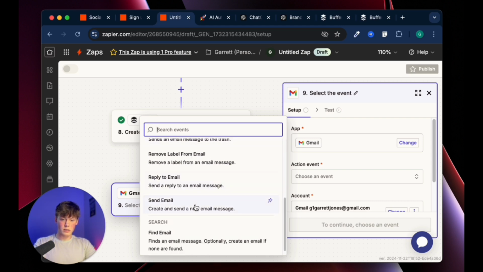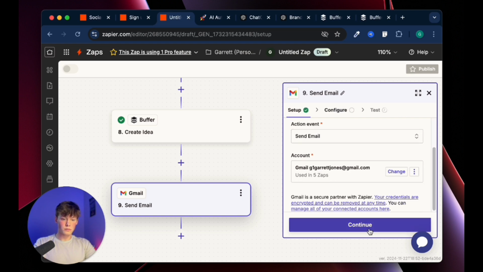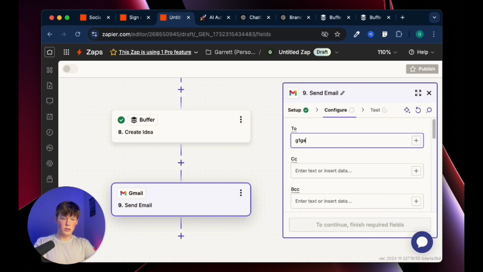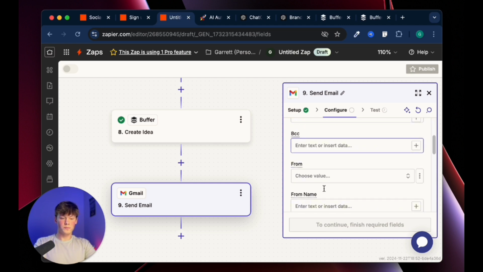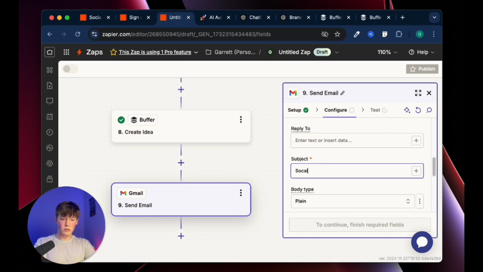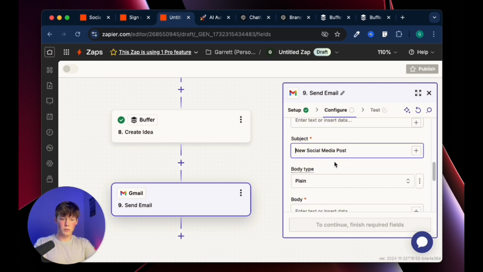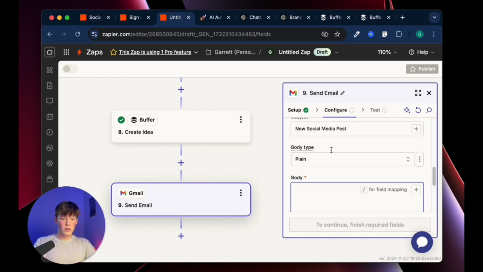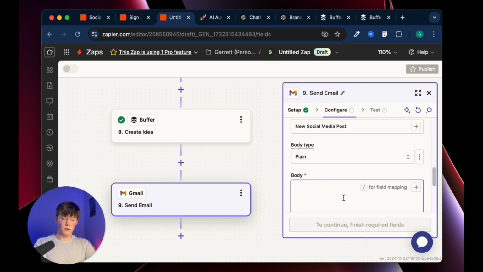So we can go and select send email. Send an email. You can enter your personal email, whatever email inbox you'd like this email sent to. Select the from, and then the subject, something like your social media post or new social media post. Doesn't really matter, this is just going to you. And then we can enter the body, just something like